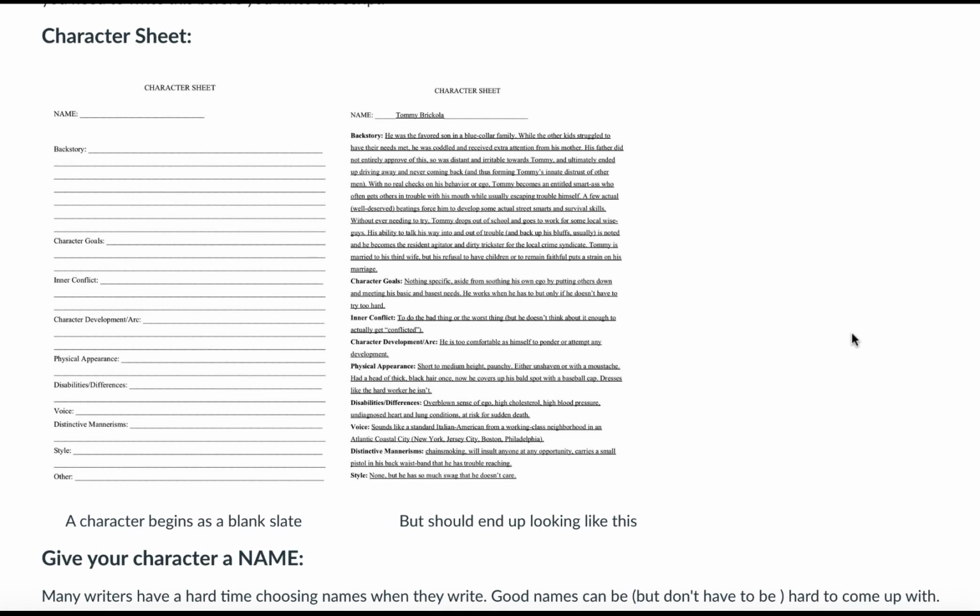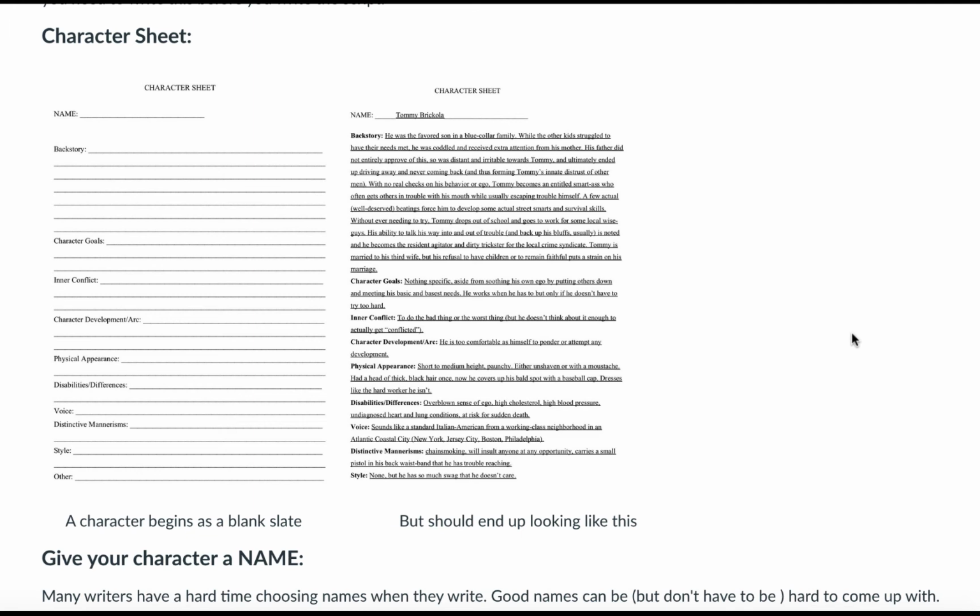So a character sheet is what I have for you folks to fill out. This is an example of a blank one that I'm providing for you. And then here is one that has been filled out for possibly one of the nastiest characters I've ever created, Tommy Bricola, a character with absolutely no redeeming qualities whatsoever, which is not the kind of character you want to build a script around. You want to have some characters that actually do have redeeming qualities. Even if they're terrible, terrible people, you still want to have some element of humanity. Tommy Bricola has absolutely none of these things. But it was an interesting character study.